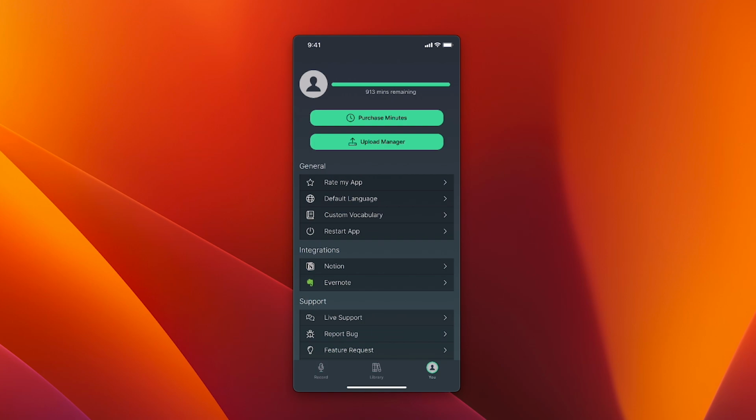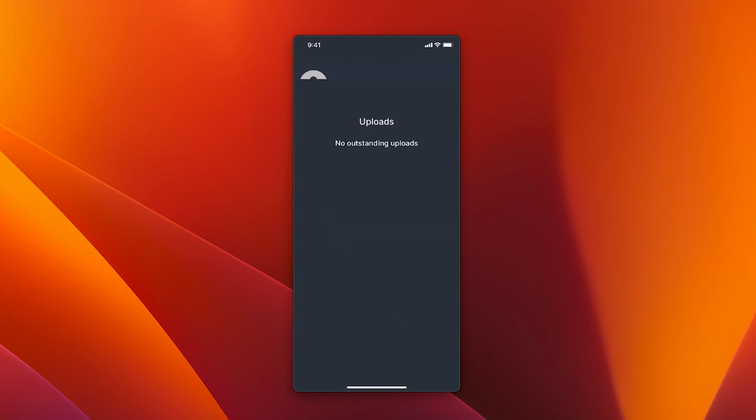Also, one last thing just before I go, I'm just going to touch on this upload manager you see on the screen here. If you have a bit of a sketchy internet connection, or maybe you're out and about and offline, or there's a problem uploading some of the data, you'll see any failed uploads in here, so you can go retry them. So maybe you make a recording while you're out and about and you don't have any Wi-Fi, and then you get back on the internet and you want to re-upload the data to process it. You can do that from here, and it's also going to show you the local MP3 file for you to download and retrieve, so you can never